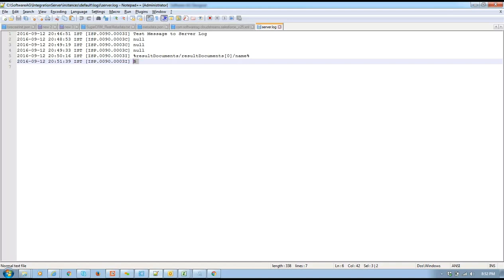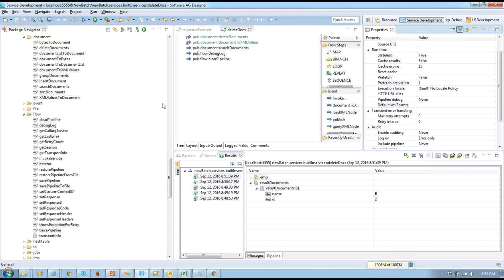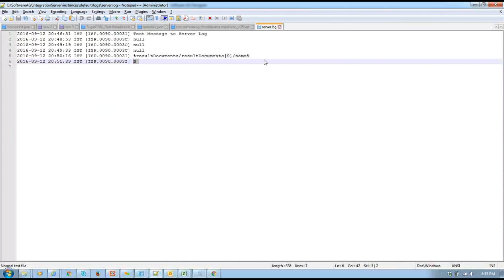The log will tell you when you have received it, and you can do it step by step also. While receiving, you can write one log saying you have received the PO number, and then you are processing it. Once you complete the processing, you say it's completed, and then inserting the record. Like that you can write multiple debug logs, but it's not good to maintain so many logs, because everything will be written into your log message, I mean server.log, and the document size will increase, and again it has to read the data from the server log, and your integration server performance will be low. So only